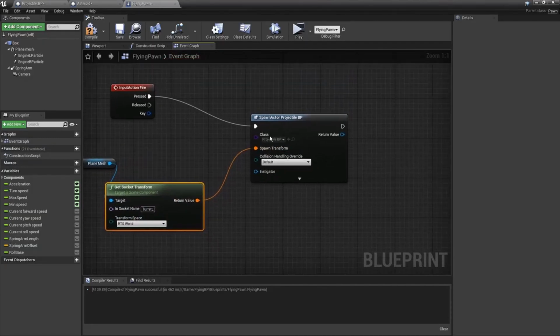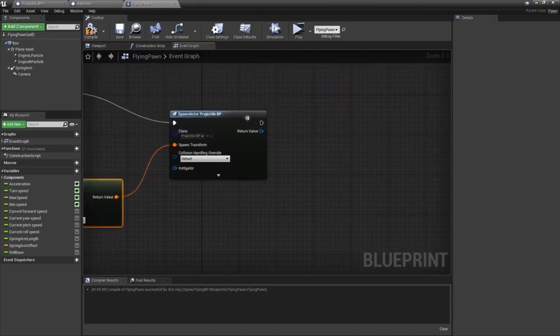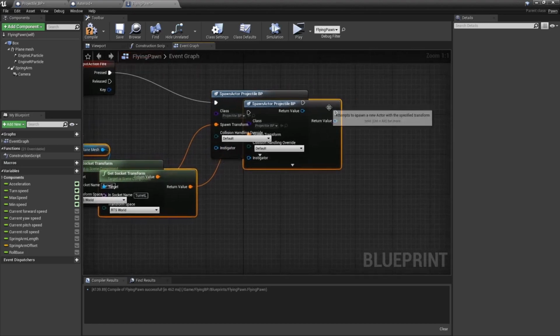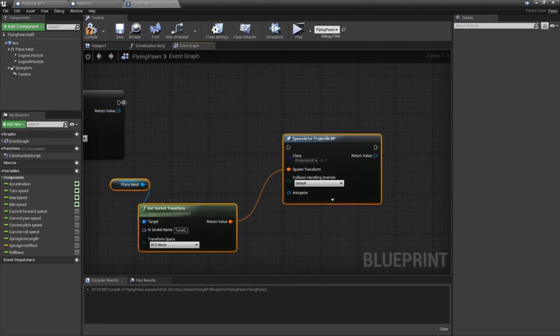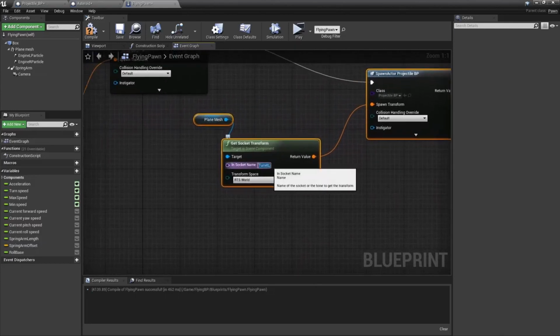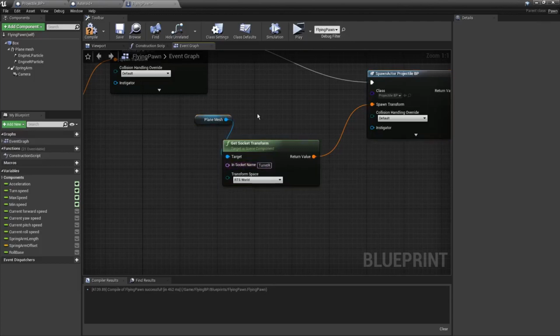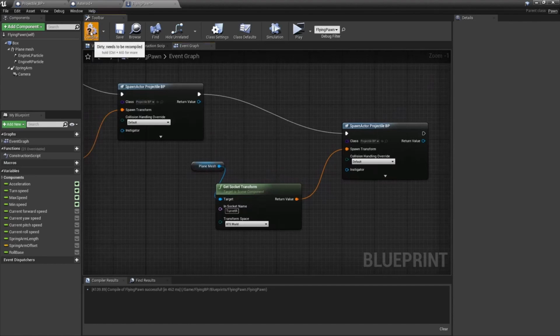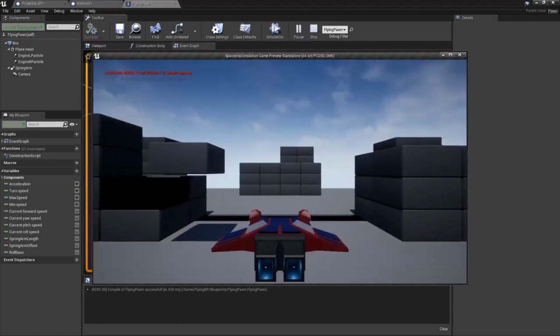So that's the transform, and then we can just duplicate this. You select it all and hit Control W, it'll duplicate it, and then we can drag it out. So this is going to be turret R, and so that's going to spawn 2 actors right there. But if we open it up and see,